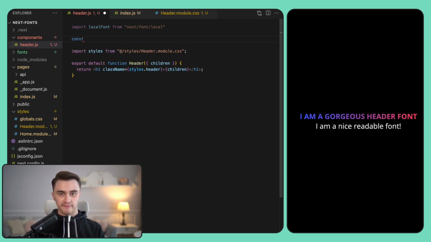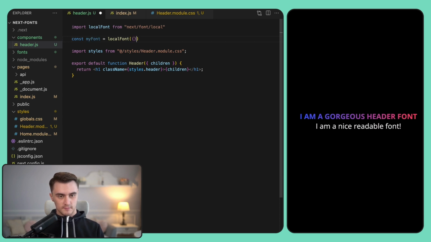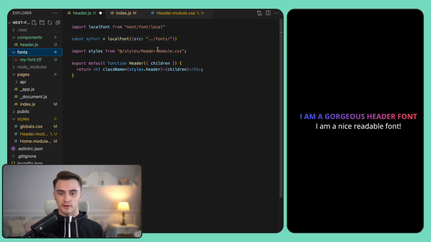So we can create a variable, name it myFont, and use our import to pass the file. To do that, we use the src prop. And we use the name of our font.